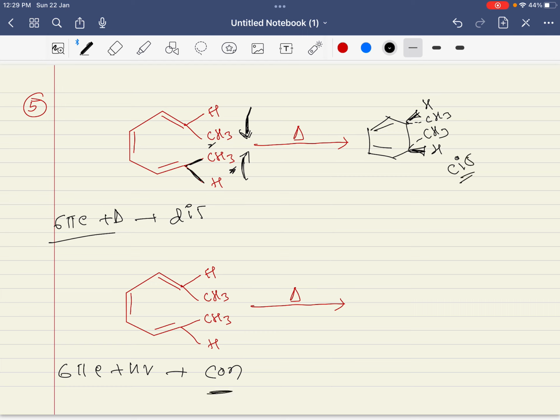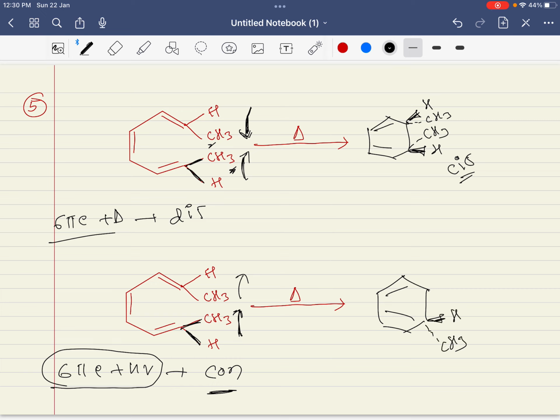Here you need to do conrotatory because 6 pi electron system and photochemical condition. Conrotatory you have to do. Basic product I will write first. Then stereochemistry is by con. Con means you know that moving in one direction. So if you are moving in this direction, this H comes above and CH3 goes below. And here if you are moving in this direction, this group comes above and H goes below. This is